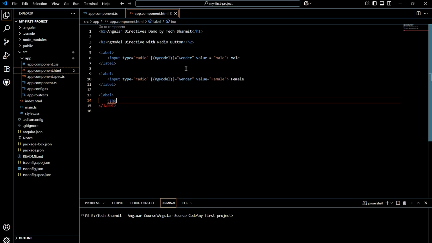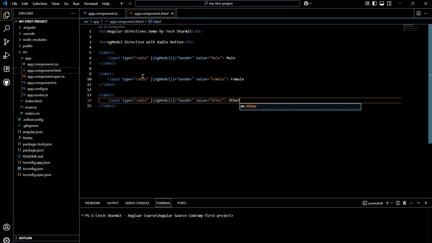So here we will write input. In input we will type radio, and then we will set the ngModel again. So in this example we are using ngModel for the two-way data binding only. This time we will set the value as other, and likewise we will keep it as here. Perfect. Okay, so far what we did, we just created the radio button and then we are selecting the